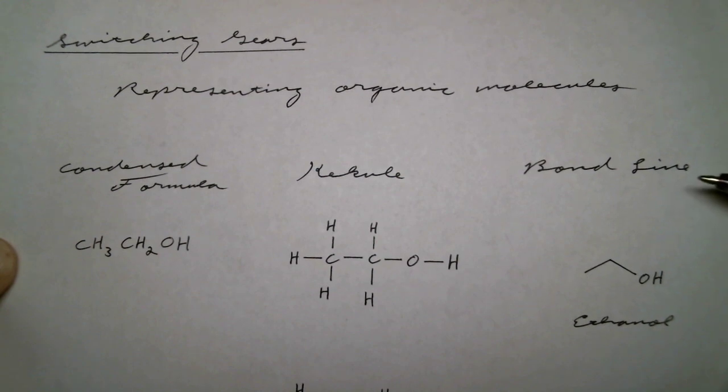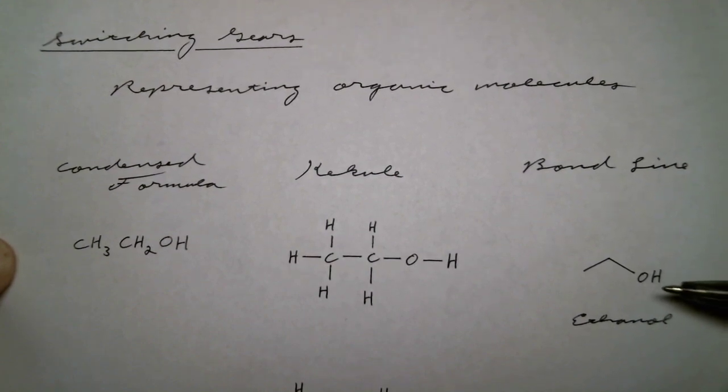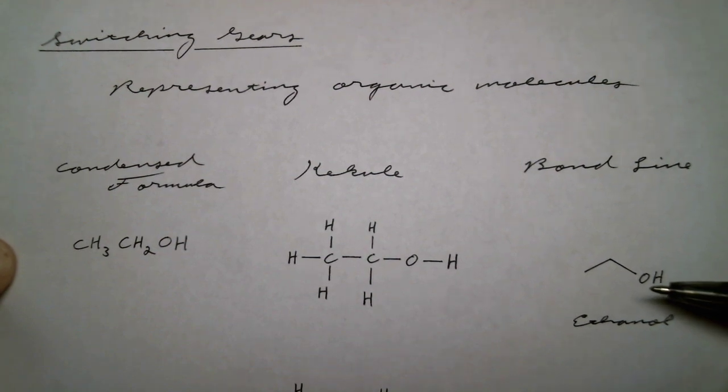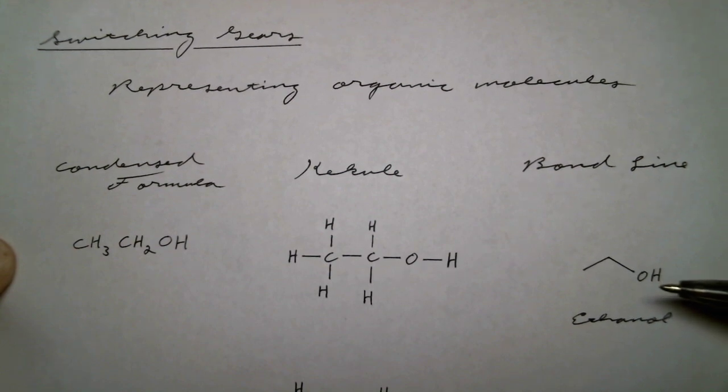So in the bond line representation, we assume those bonds are to hydrogen atoms, and of course we've drawn out an oxygen and we've explicitly put the hydrogen on it. Typically when we draw non-carbon atoms, we explicitly write how many hydrogens are associated with them in our bond line